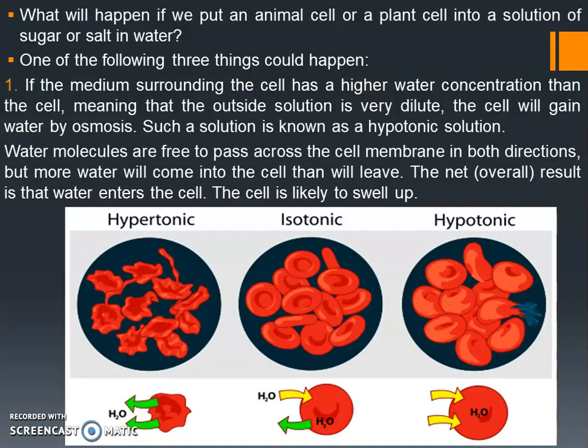We are taking any plant cell or an animal cell എന്നിട്ട് അതിനെ നമ്മൾ എവിടെ ഇടുന്നത്? We are putting it into a solution. It can be a sugar solution or a salt solution, right? So when the solution is hypotonic എന്ന് പറയുമ്പോൾ സൊല്യൂഷനിൽ കൂടുതൽ വെള്ളം ഉണ്ടാവും, but the cell will have lesser amount of water, right? So if the medium surrounding the cell has higher water concentration than the cell, the solution will be